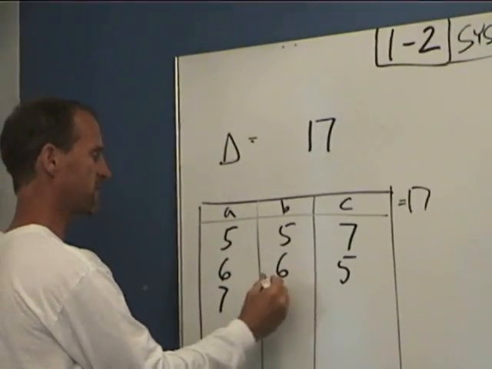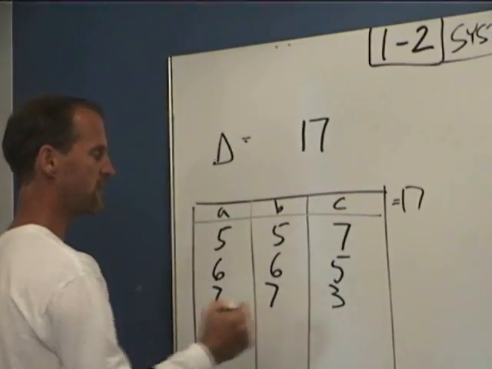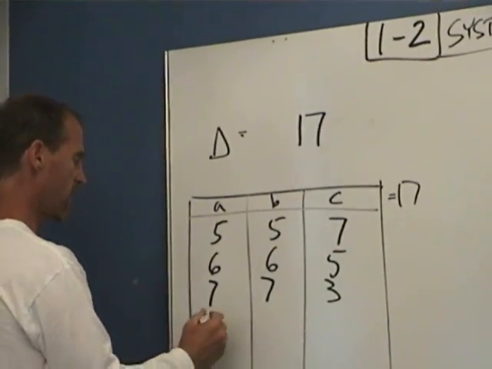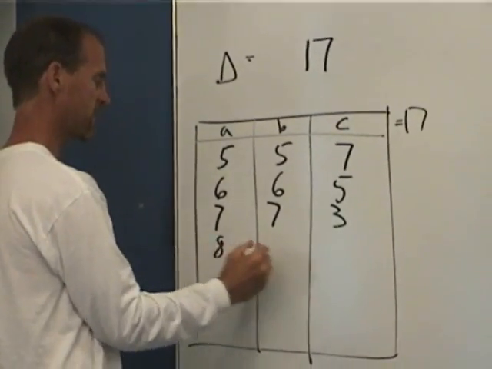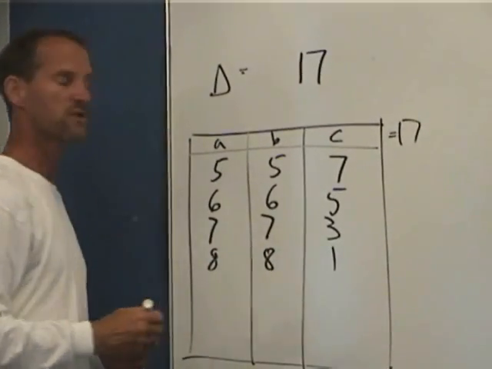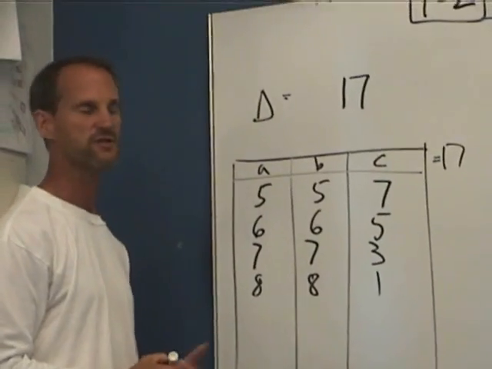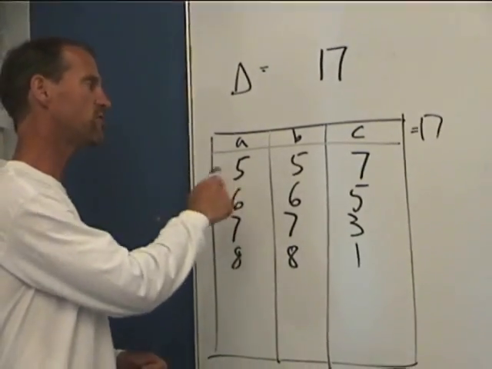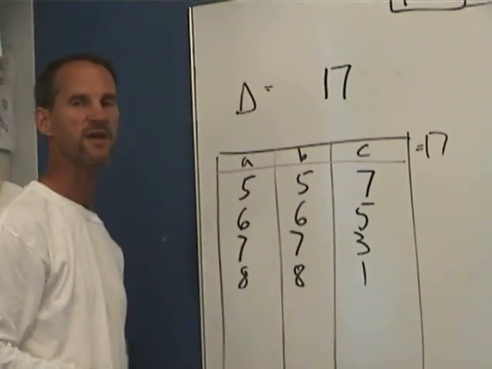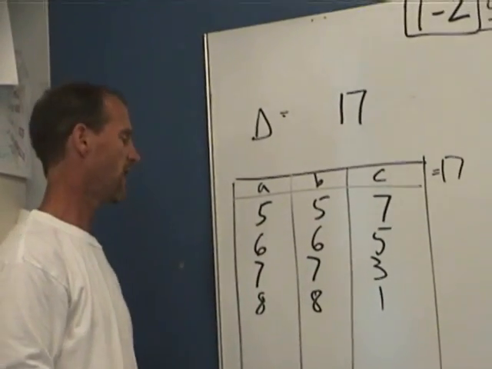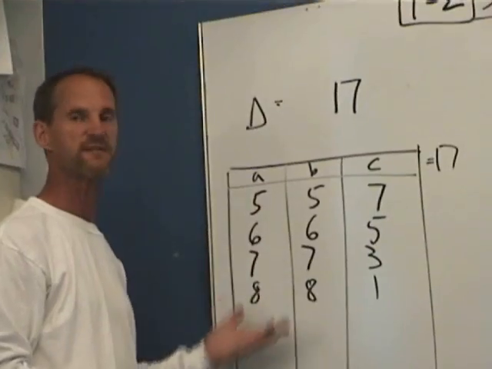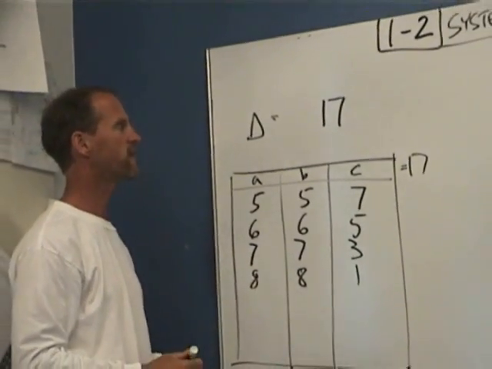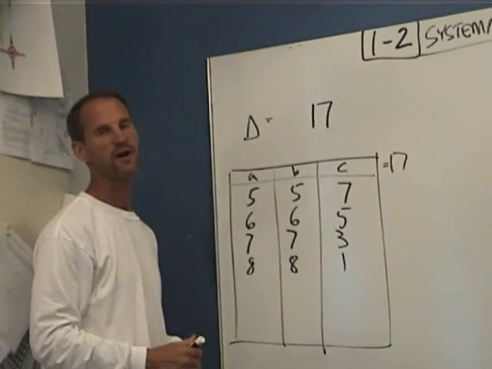Let's see if it goes 7 and 7 and 3, that will make a long skinny one. And then 8 and 8 and 1. So these are all of our combinations that will give us isosceles triangles. Okay, well then I'll leave it to you to find the rest. That will be scalene triangles. But that's sort of a systematic list that will help you find all of the possible triangles that have a